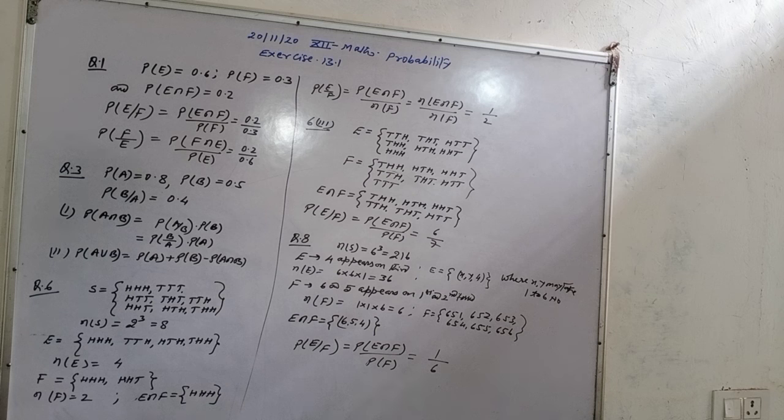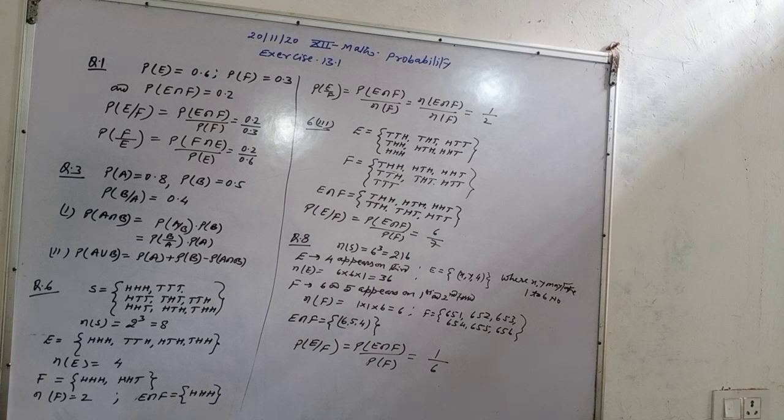Now see question number 4, 5, you can do. Only here you have to apply the formula for conditional probability: P(A|B) is P(A intersection B) upon P(B), or P(E|F) is P(E intersection F) upon P(F). So in question number 6, here you have to find P(E|F). From question number 6 to 9, a coin is tossed 3 times. So first you describe the sample space, meaning possible outcomes.